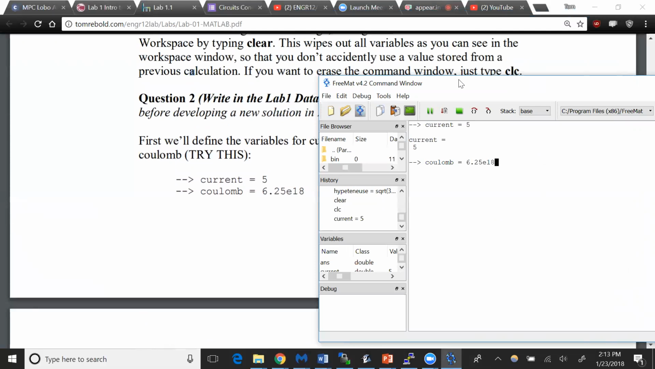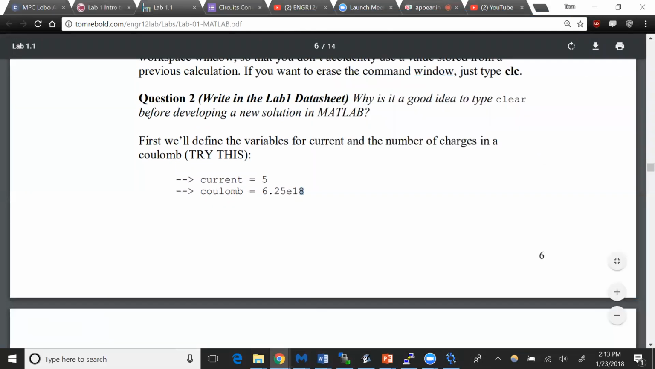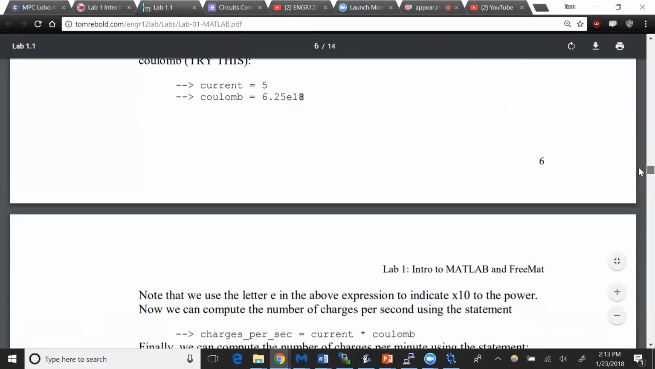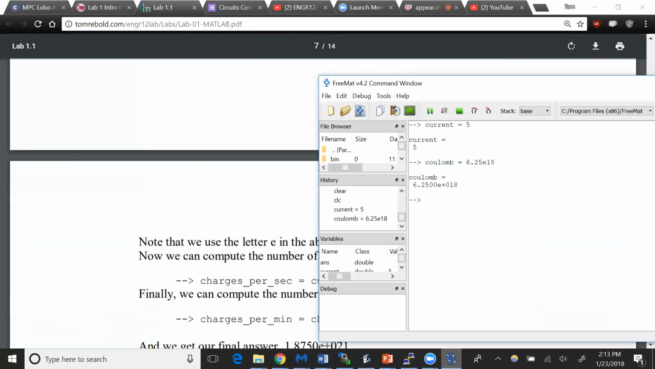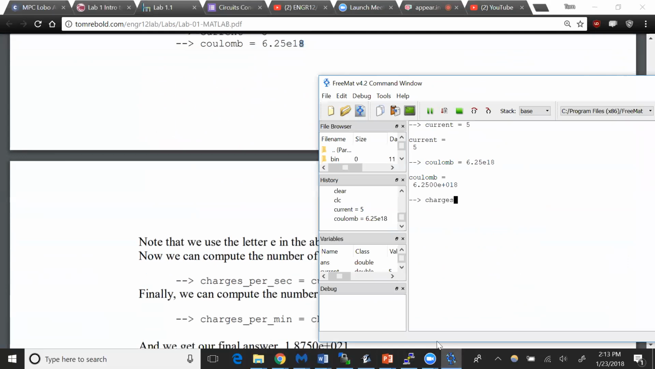So we put the E18 there. That's scientific notation in FreeMat. If you ever see that E in a result, that just means times 10 to the 18th power. And that defines the Coulomb constant. Now we can make a variable called, say, charges per second. Notice we're using the underscore to have multiple words in a variable name. And that's going to equal current